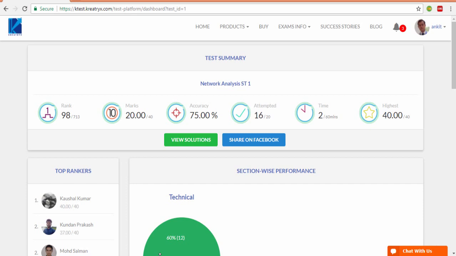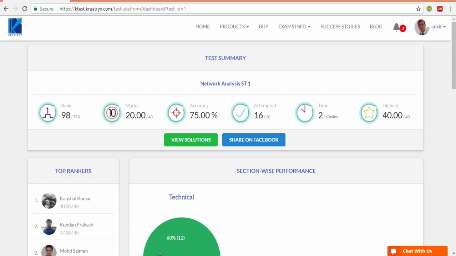That is, he has attempted all the questions perfectly. So I know at what level I have to reach in order to be in the toppers, or in order to have a very good rank. I have a certain target in mind. I know that this user is getting that many marks and I can aspire to beat him. I must aspire to compete with him. I must aspire to improve.